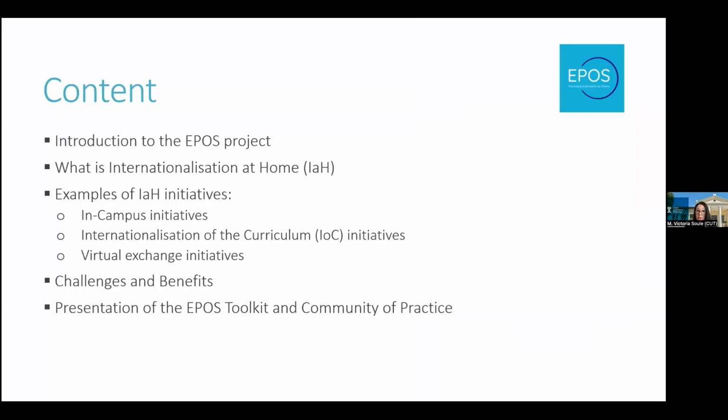During this presentation, I will briefly describe the EPOS project, and we will have an introduction to internationalization at home. We will see some examples of internationalization at home that were implemented around the world. And we will concentrate on three modalities of internationalization at home that are in-campus initiative, internationalization of the curriculum, and